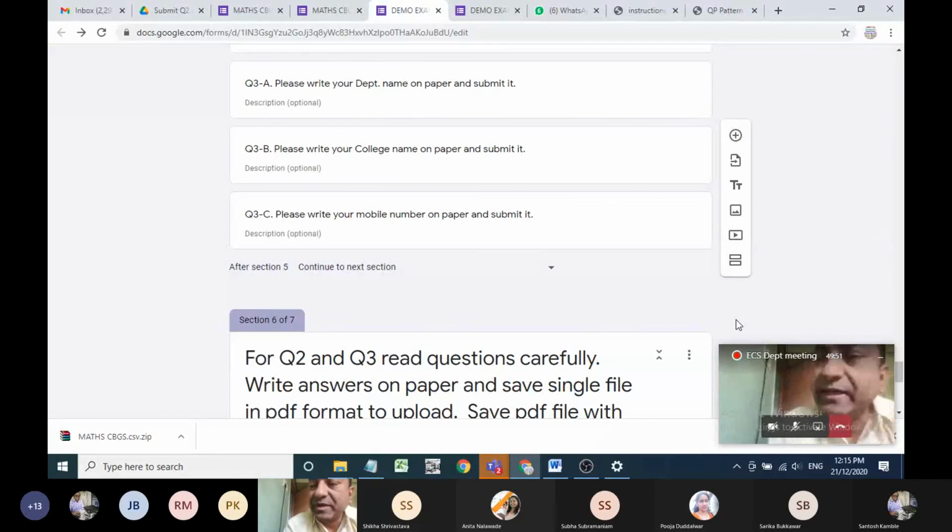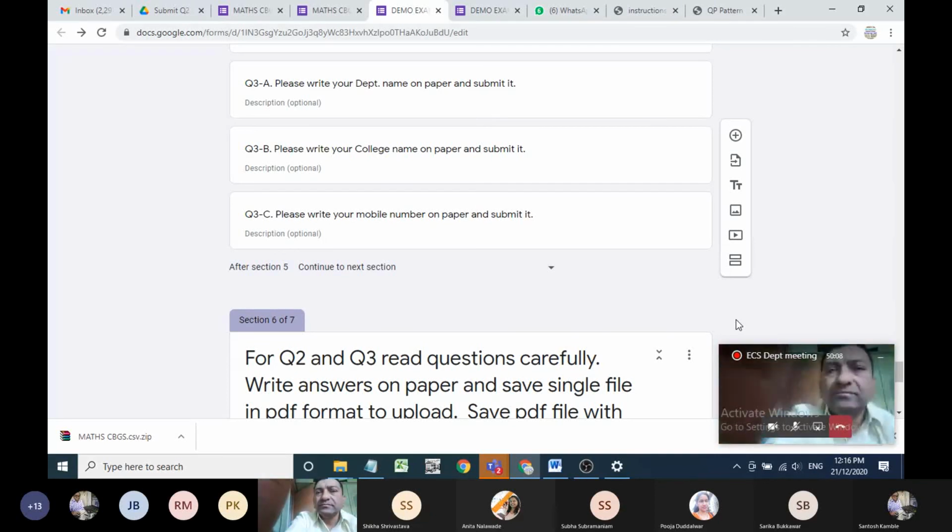Suppose we take journals or lab assignment number 1, 2, that file is less than 10 MB. The answer should be less than 6 pages, so the size should be less than 10 MB.